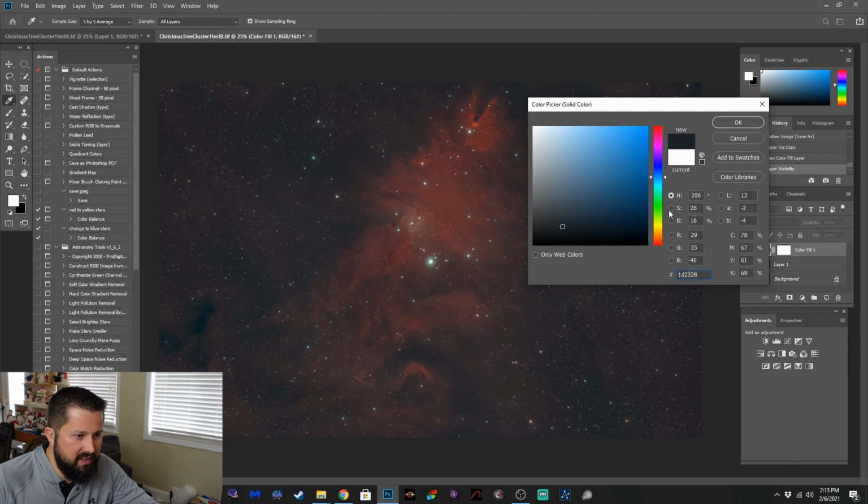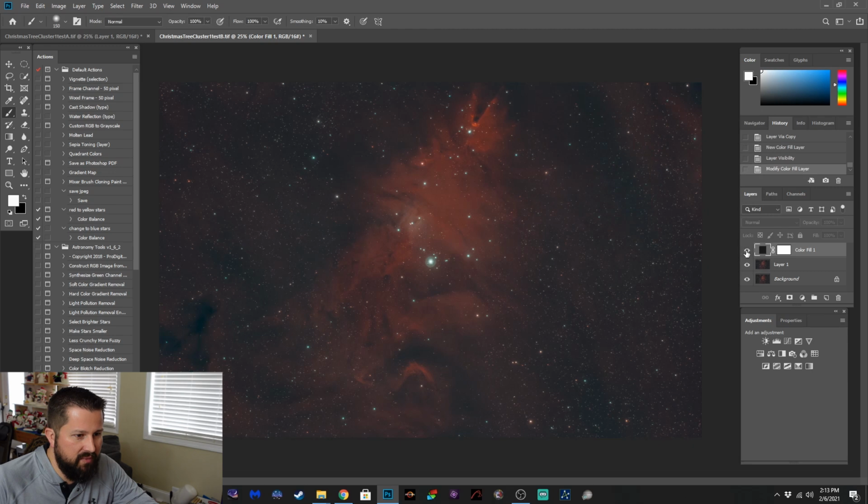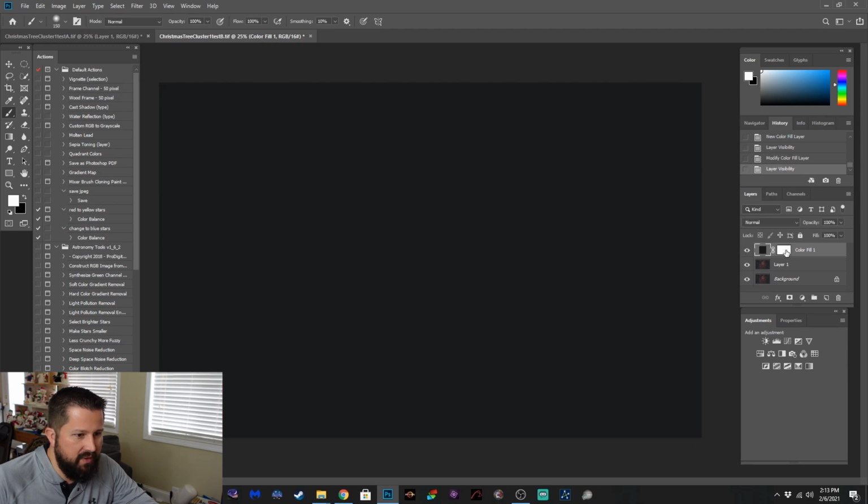Okay. Now it has a little bit of a bluish hue. We don't want that. We want to darken this with a neutral tone. So let's move this over to the gray more and darken it a bit more. Let's bring it down to about right there. Okay, let's try that. So you hit OK, click it back on, go to the layer mask, click it, hit Control I to invert,